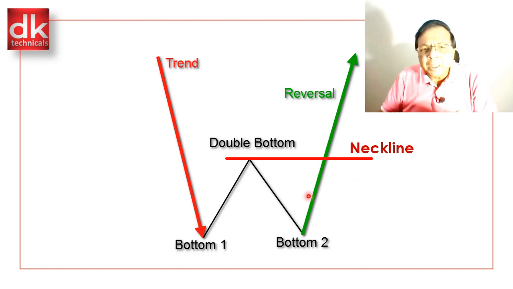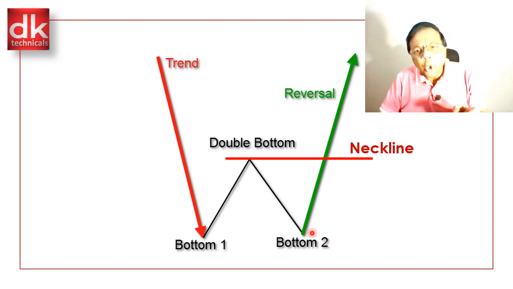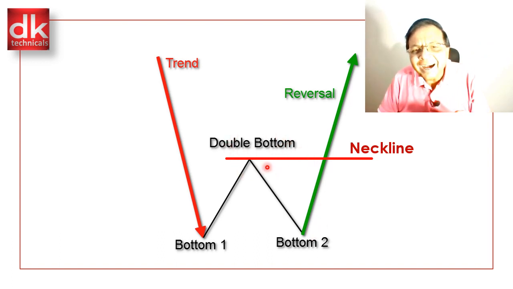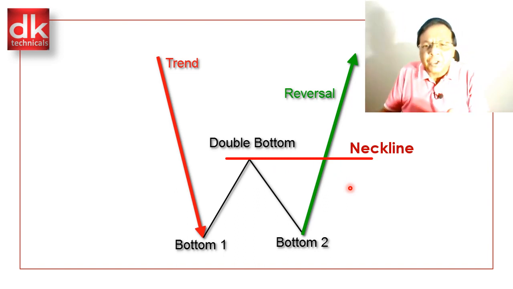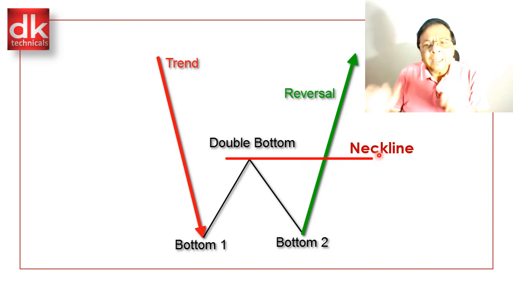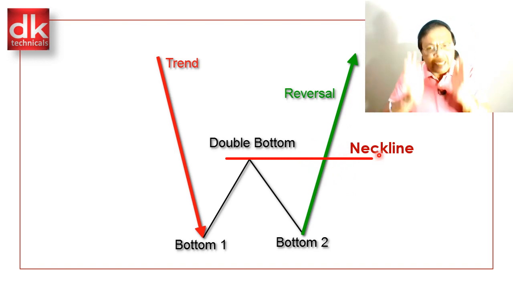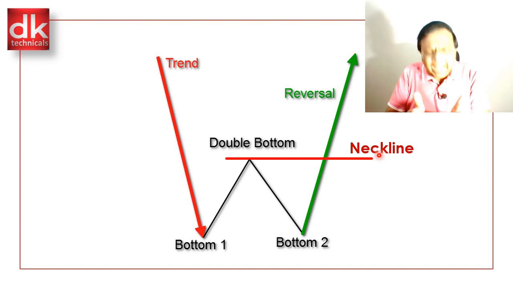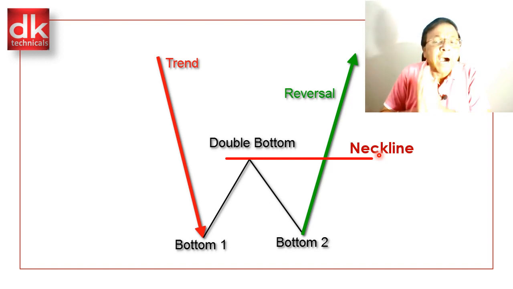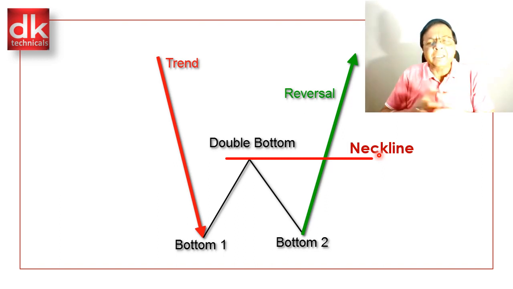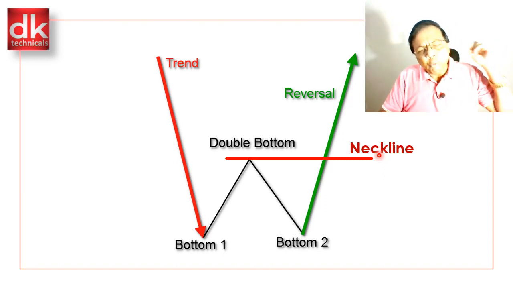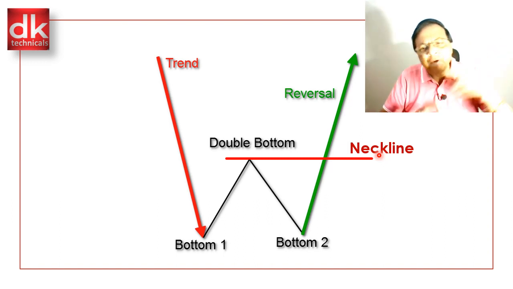Here, for the first time, the market has failed to make a lower low while it has made a new high. So the market has started making higher highs kind of structure, and at this point we can say that the trend reversal is confirmed and the market is now ready to move up. And at this point we say the market is entering the markup phase, which is also called the public participation phase. I am referring to one of the doctrines of Charles M. Dow, which we have already covered under the 0 to Hero session.